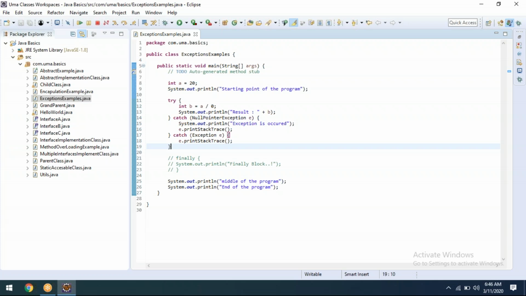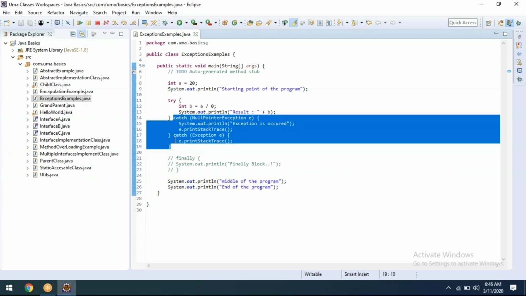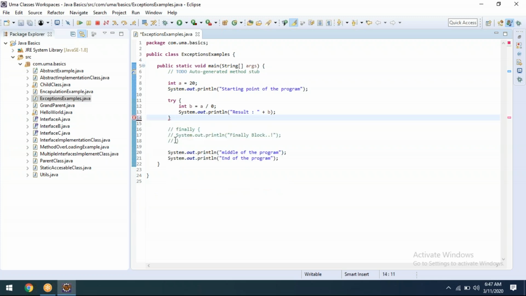Now the second thing: whenever we put try, there should be a catch block or there should be a finally block. Let me show you. If I go here, this is how it won't work out.